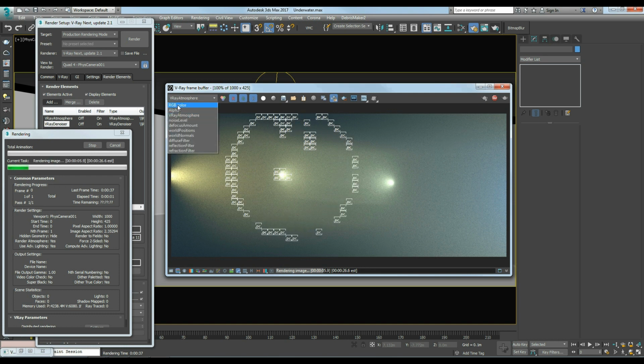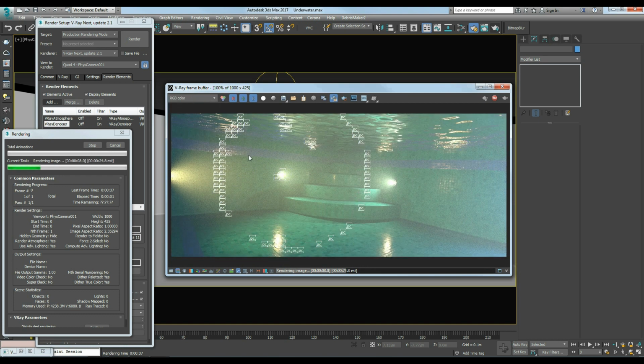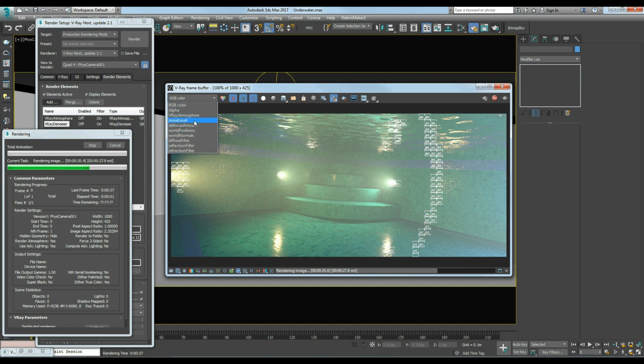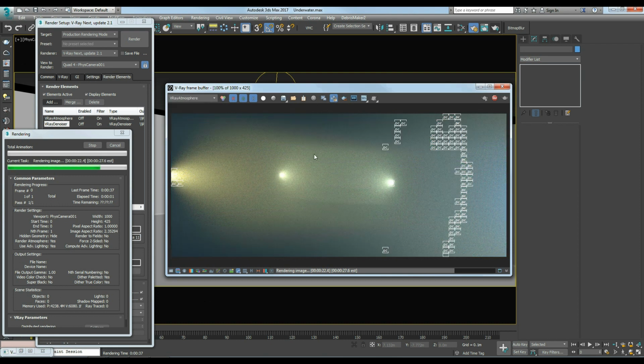We're going to denoise this element. Obviously, the RGB color will be denoised too, but we don't have to take care of this pass, of this RGB color anymore because we already have it. So let's focus only on the V-Ray atmosphere pass.